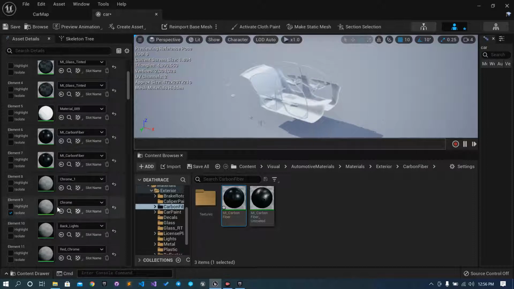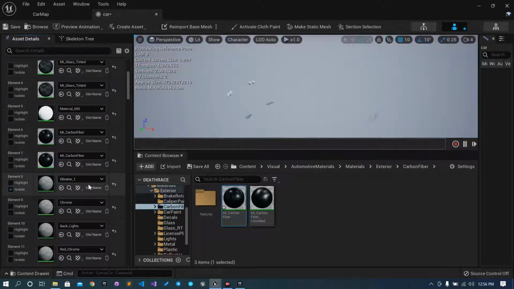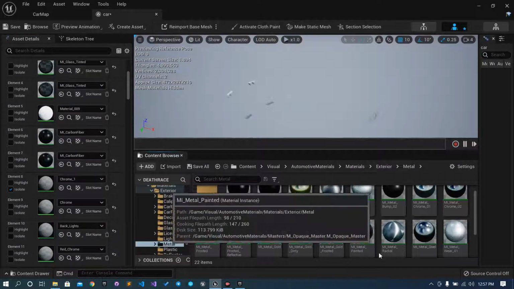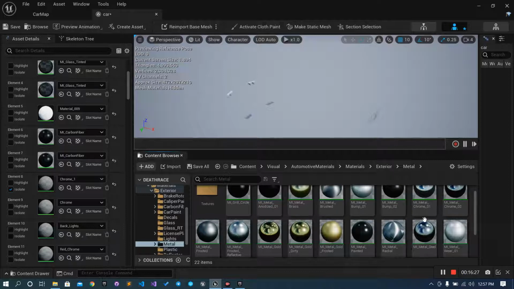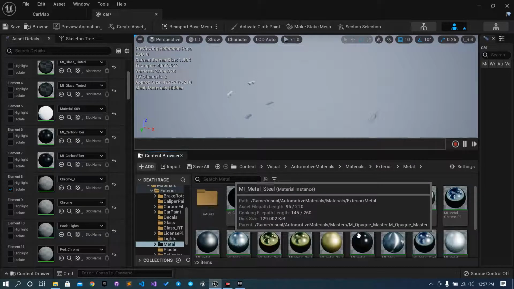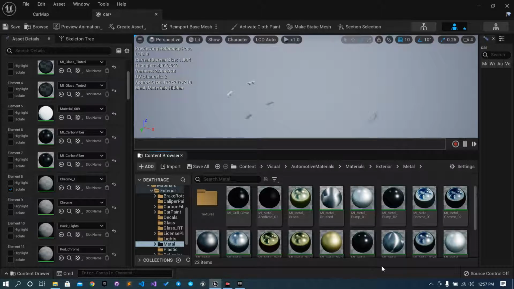Okay, so I won't touch it. So I will just put the chrome here. So I will go back inside the metal. I will go for mi metal chrome 1, or like, it should not be that shiny, but hmm,